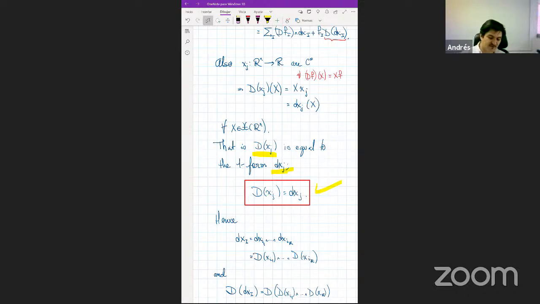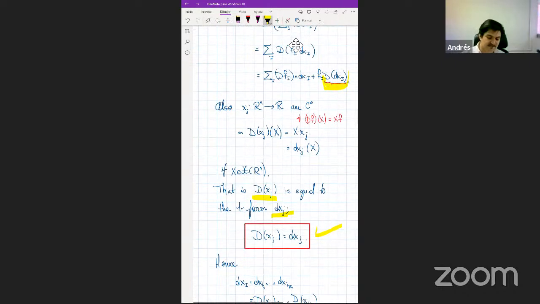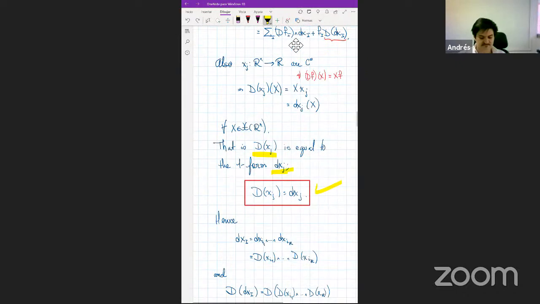Because remember, this is what I want here on the top. So I apply D on both sides of this. We apply D,